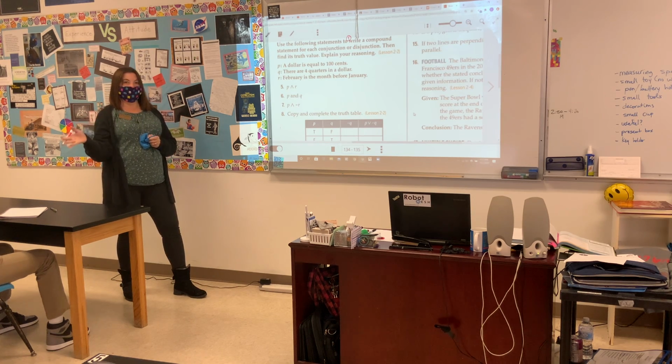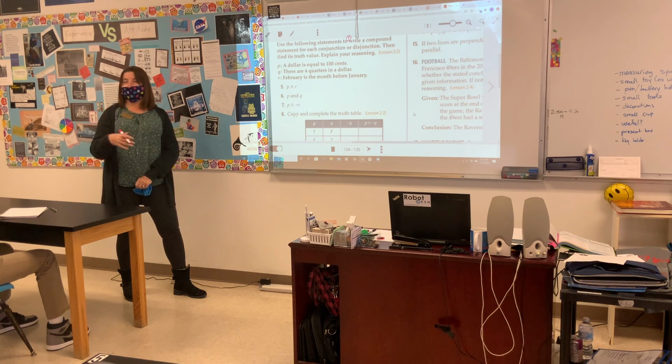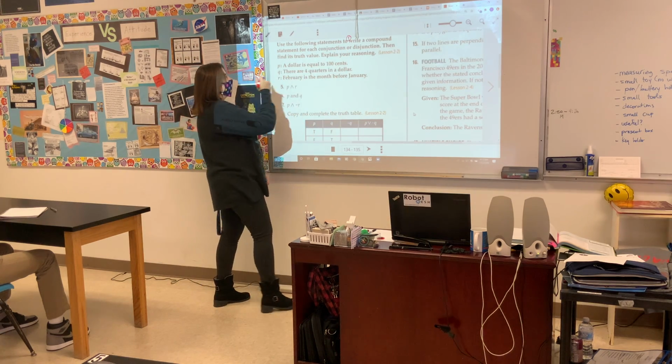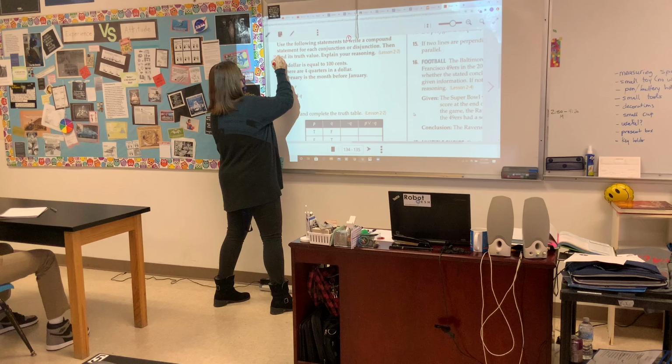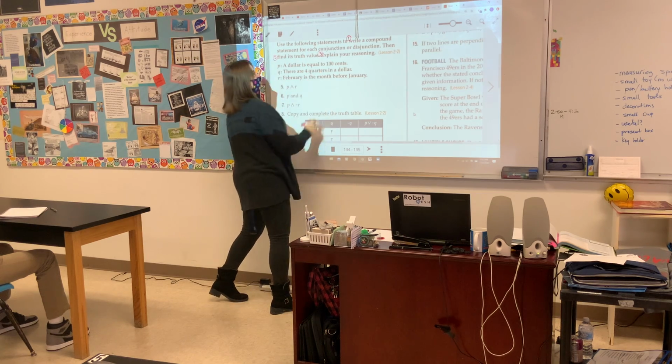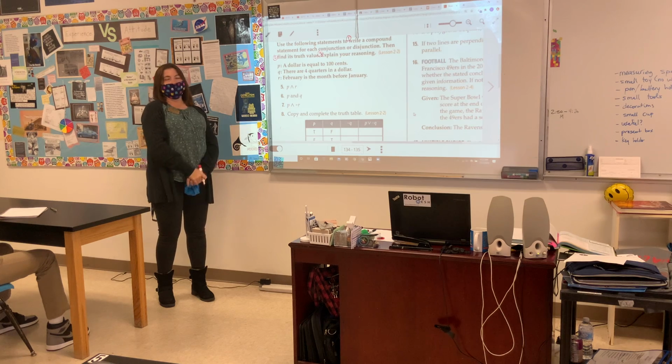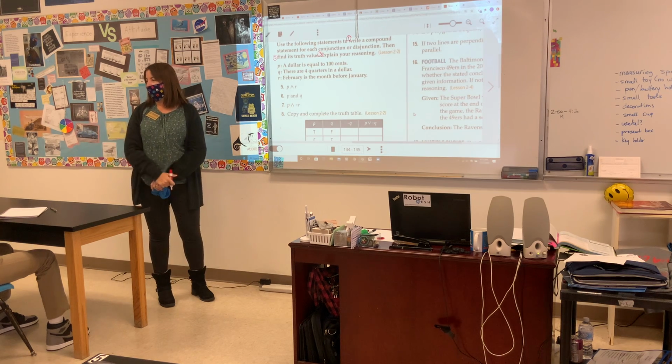Okay, so I'm already hearing from Richard up front. I'm going to use you as an example. He says true. I'm like, well, is that the first part you needed to do? Do go step by step. Like literally start with number 1, then number 2, then number 3. Write the compound, find the truth value, explain.